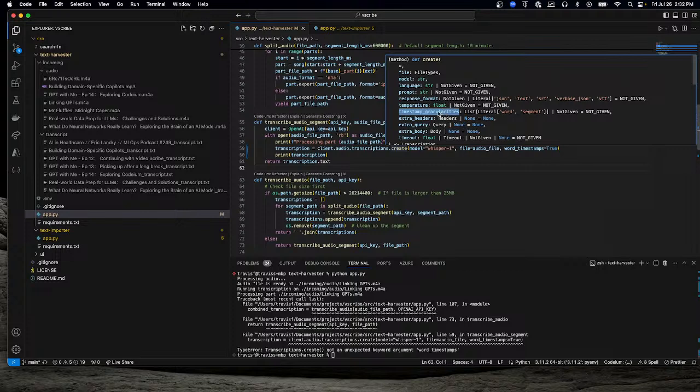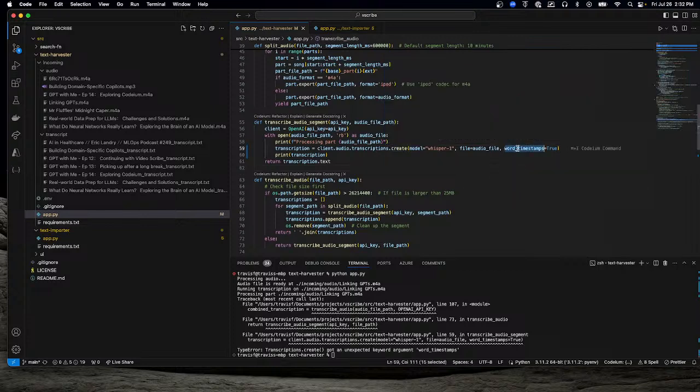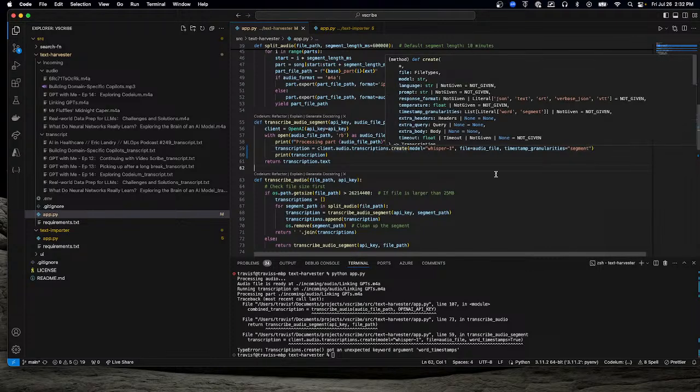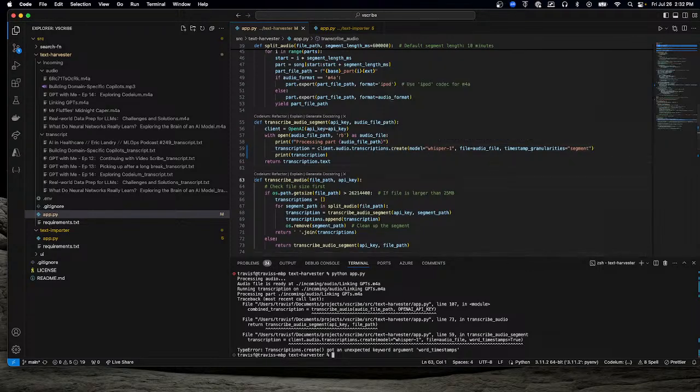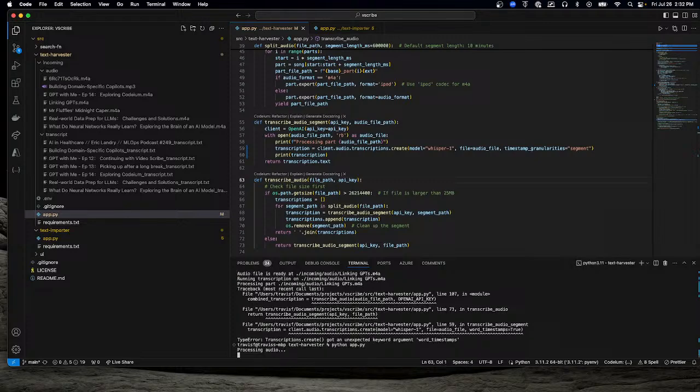That's so silly. I don't work in Python or VS Code much, so I'm going to be a little slack. Create, and then this would be, I think I'm going to try segment. All right, there we go.